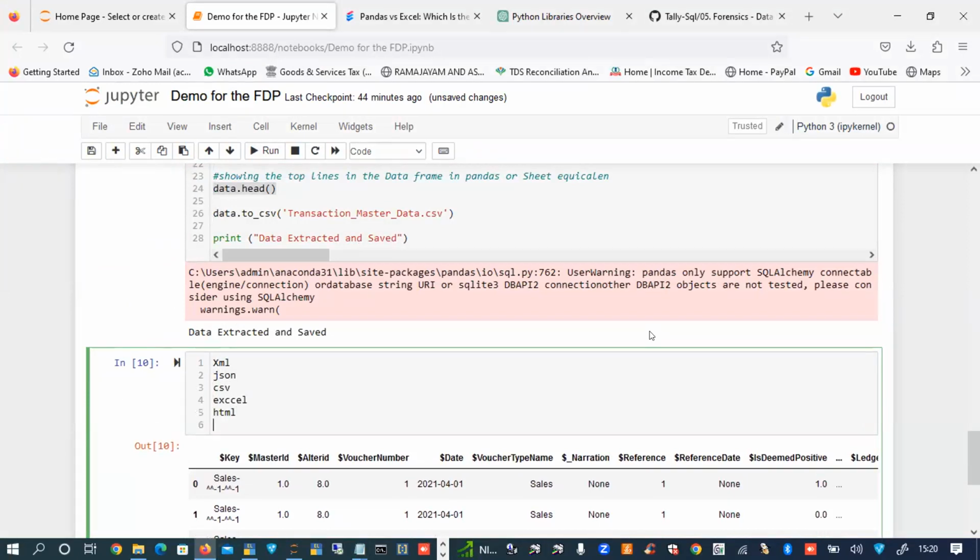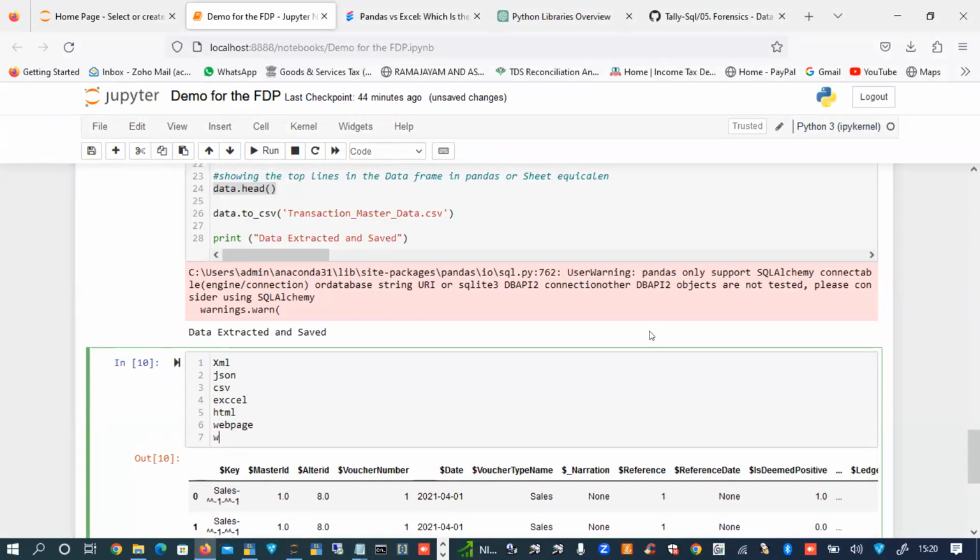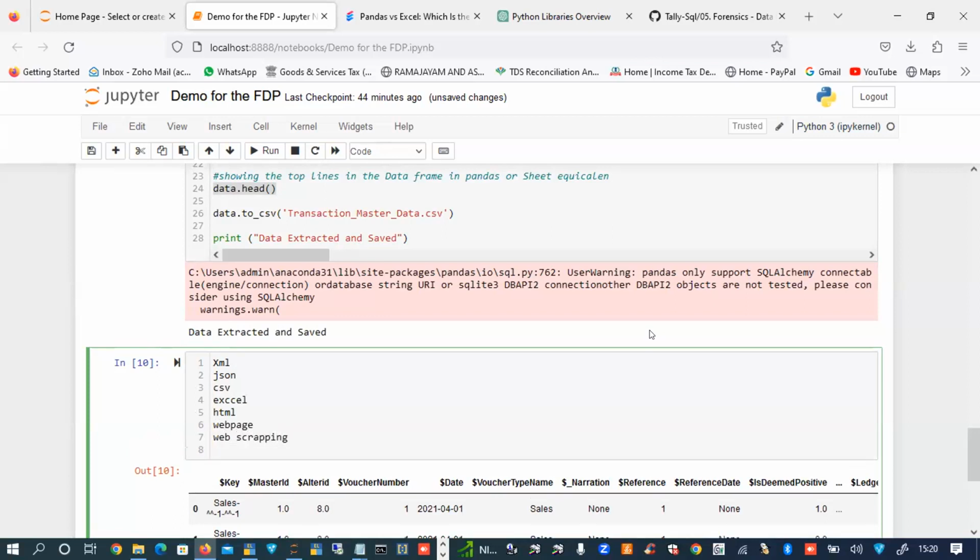You can do web scraping. For example, sir, I'm currently doing a Python project which logs into the GST site and downloads all the notices automatically, because today there is no track record of notices sent by the department. So this can be achieved through this.